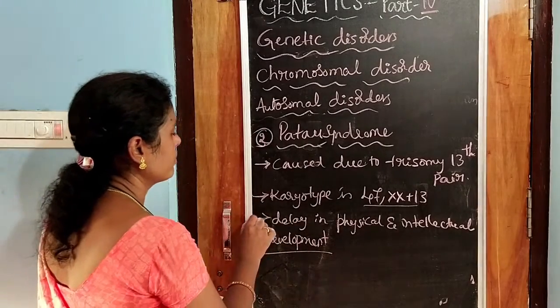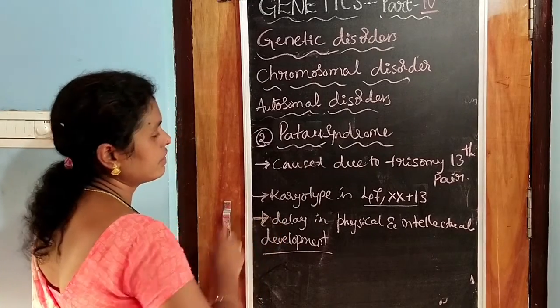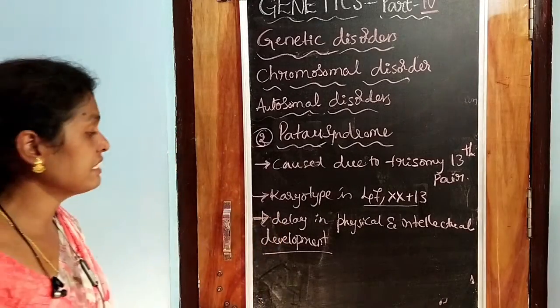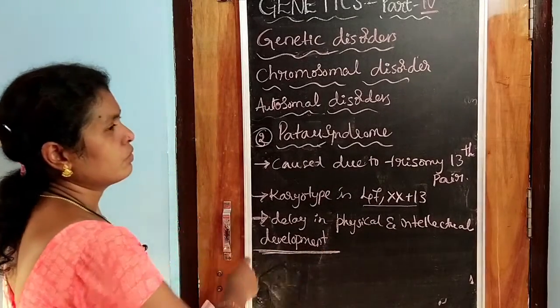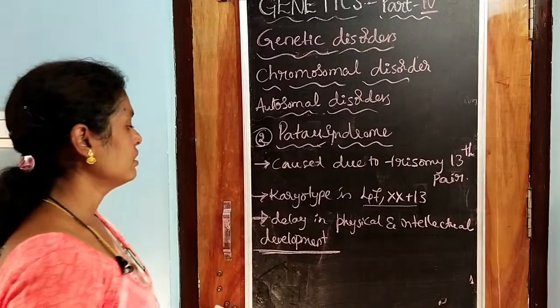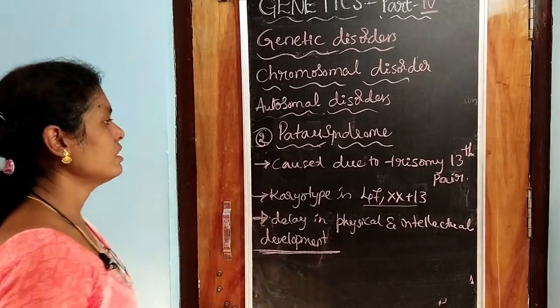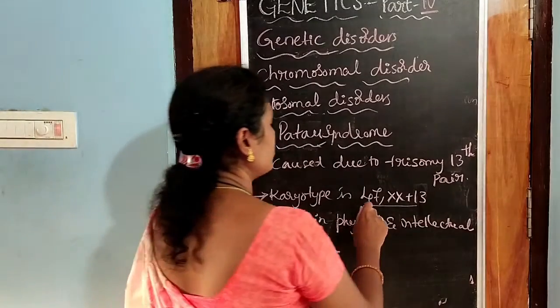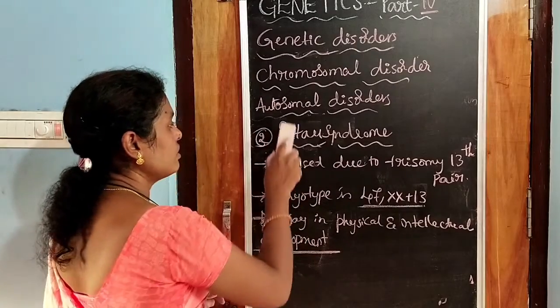So the symptoms are heart and kidney defects, cardiac abnormalities. These are some of the disorders in Patau syndrome. It is caused due to the 13th pair, so the karyotype is 47,XX plus 13. And now the next one is